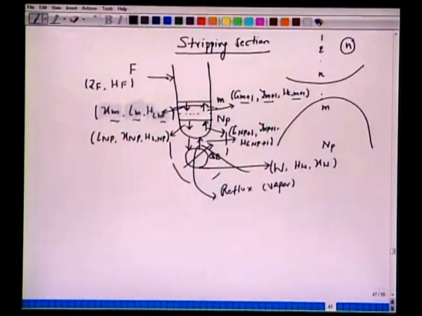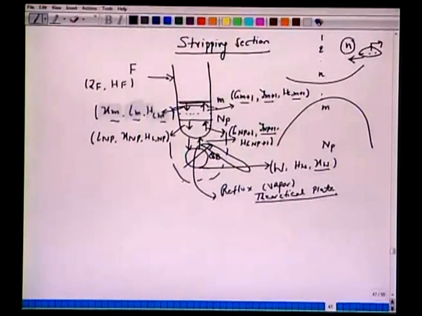Only thing, this vapor is in equilibrium with this liquid. So XW and YNP plus 1 will follow the same equilibrium curve. That is why this last plate is also a theoretical plate. So by default, the reboiler in a distillation column counts as one extra theoretical plate, like in the rectifying section where, at the top, we have the condenser. If it acts as a partial condenser, then we have one theoretical plate extra. Okay. So now we have taken this envelope just underneath this mth plate, and it intersects here.